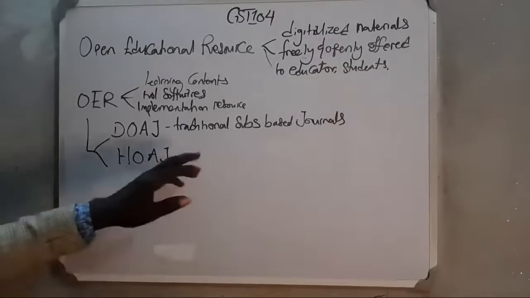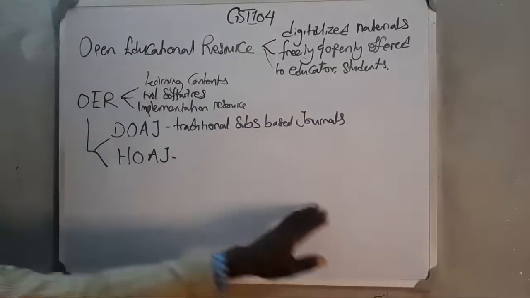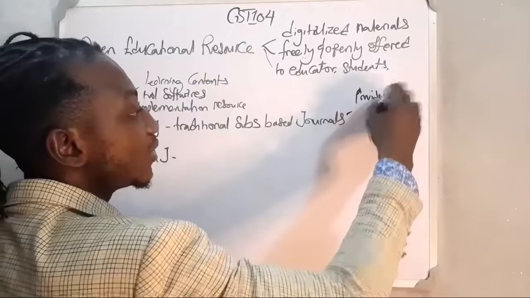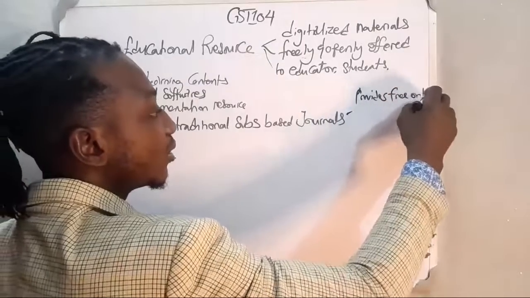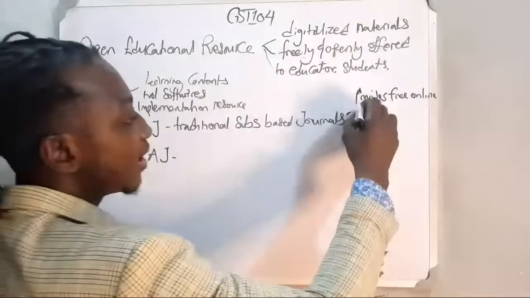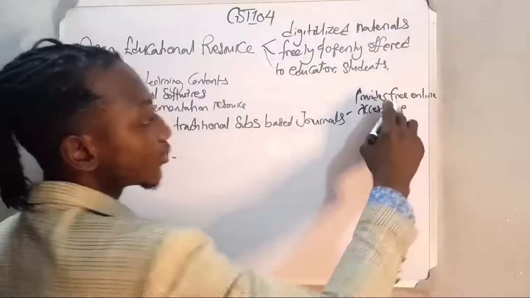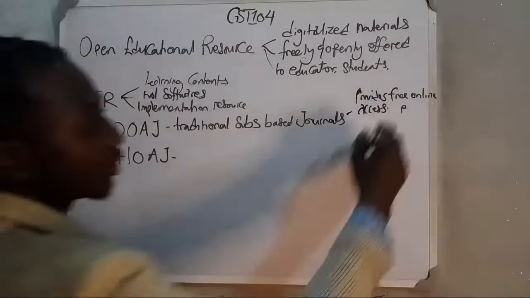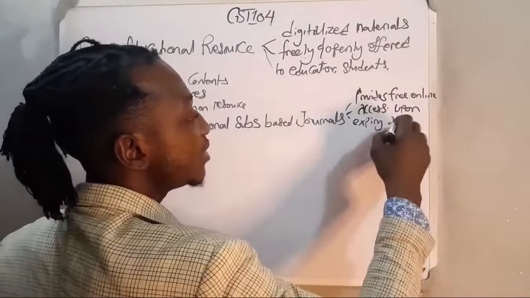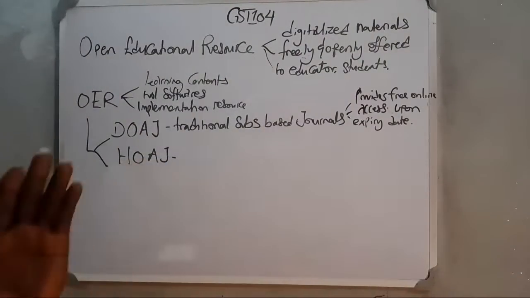Here we have a traditional subscription-based journal that provides free online access upon the expiry date. That's for the delayed. But for the hybrid,